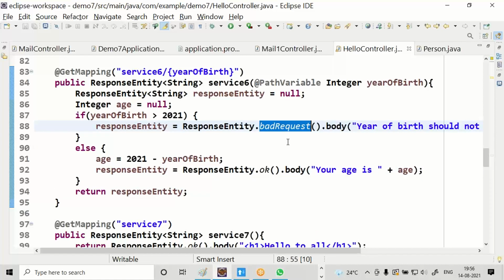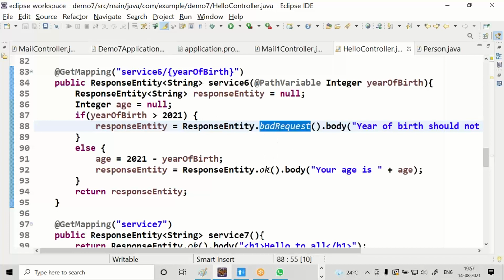You can use either a constructor or a static method. In the response entity, static methods are widely used because you can specify the static method very easily in the return statement itself.